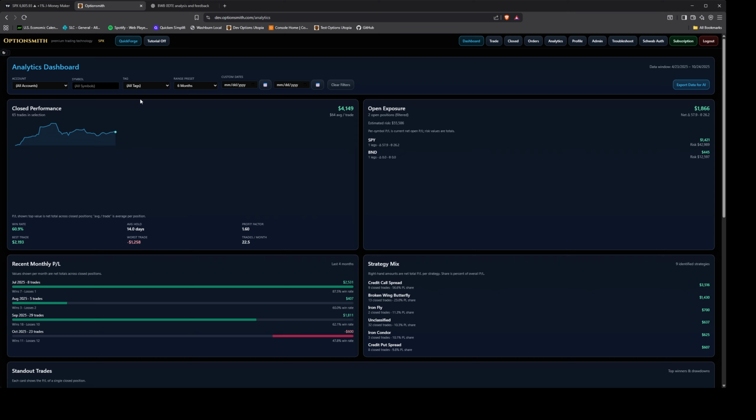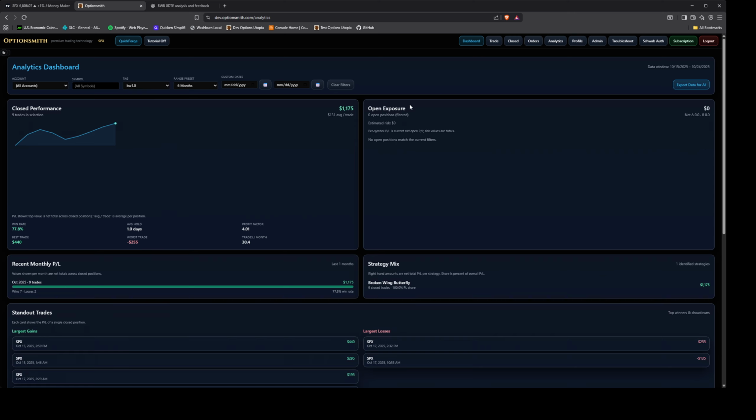So on the analytics page, if I select the tag that I've been using for this particular strategy, and then I click on export data for AI, it will download this file. It puts the data for the trades in a JSON format, which is a format that is really good for representing complex data, especially for transferring data and putting it in a format that an AI can really read and